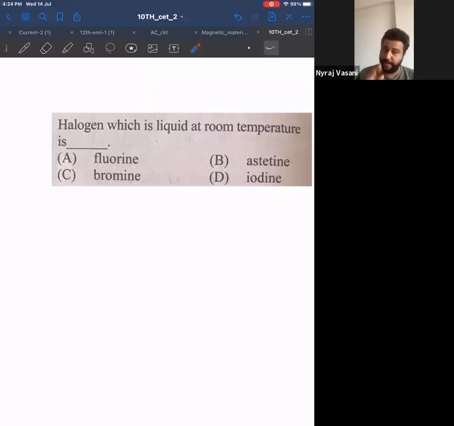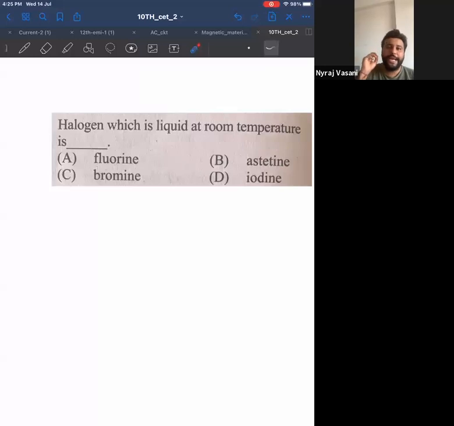Samriddhi correct, very good. You should not make a mistake in this question. Vaishnavi correct. All others also have given correct. I'm just reading out some random names. Ridhima right. Okay. Halogen, which is liquid at room temperature. Which of the halogens is in liquid form? If you have seen many experiments, if you have seen your textbook also, you will know that out of fluorine, chlorine, bromine, iodine, the halogen which is a liquid is always bromine.